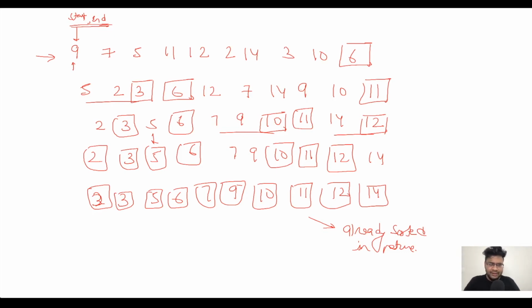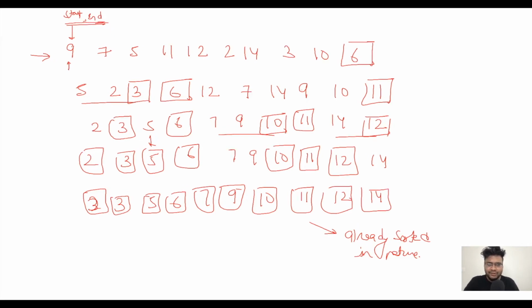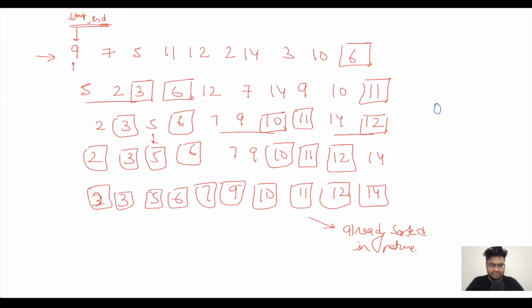If you look carefully at this problem statement, we don't need any extra space. We can solve this algorithm using O of 1 extra space, in the given array only. We don't need any extra space at all. That's the beauty of this algorithm, and thus the space complexity for this algorithm becomes O of 1. And that's the best part about the quicksort algorithm.